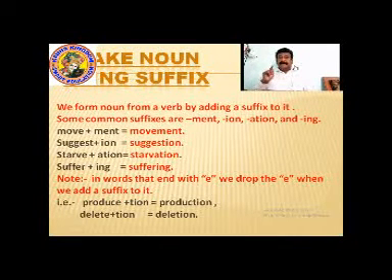We see delete. In that word, we drop the last e. The e is dropped. In produce, the e is dropped. To add a suffix wherever there is a word which ends with e, we drop that e. It's important to be noted. Produce, by removing that e